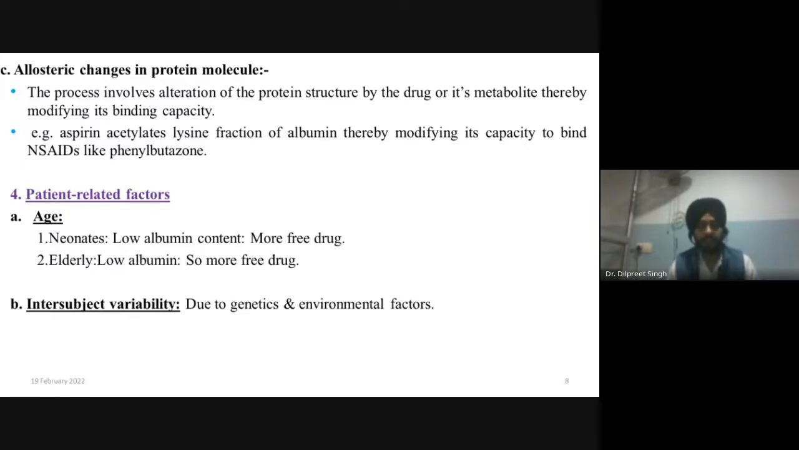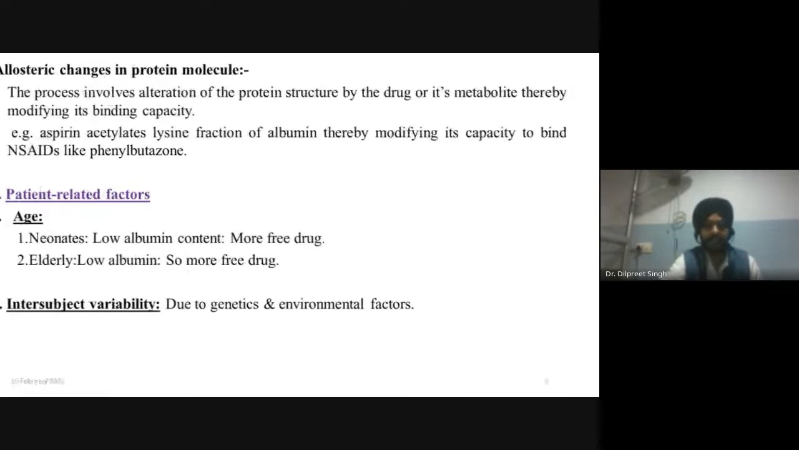Fourth type is the patient-related factors. Age is one of the important factors. In neonates, if the albumin content is low, more free drug is available for circulation. The elderly also have low albumin, so there are high chances of the drug being available for circulation for the therapeutic action. Then intersubject variability, due to genetic and environmental factors,